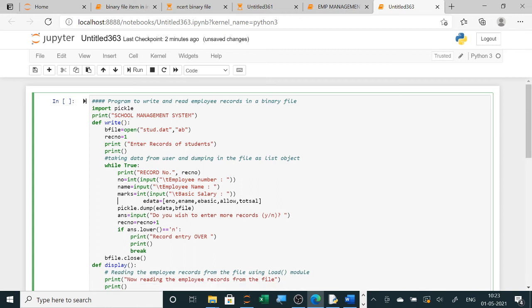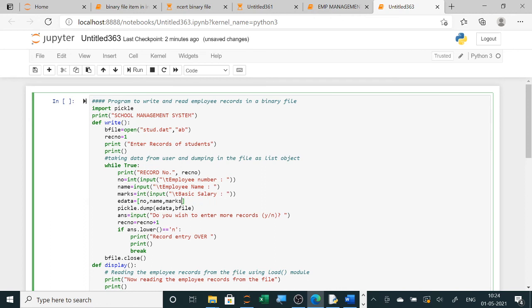Then directly the data of the students, the name I have kept the same. So here I only require number, name and marks. Suppose it is 5 subject marks, you can make it 5. So that I will show you 5 subject marks, physics, chemistry, then total and percentage. I will show you that next. So now I have kept only 3.